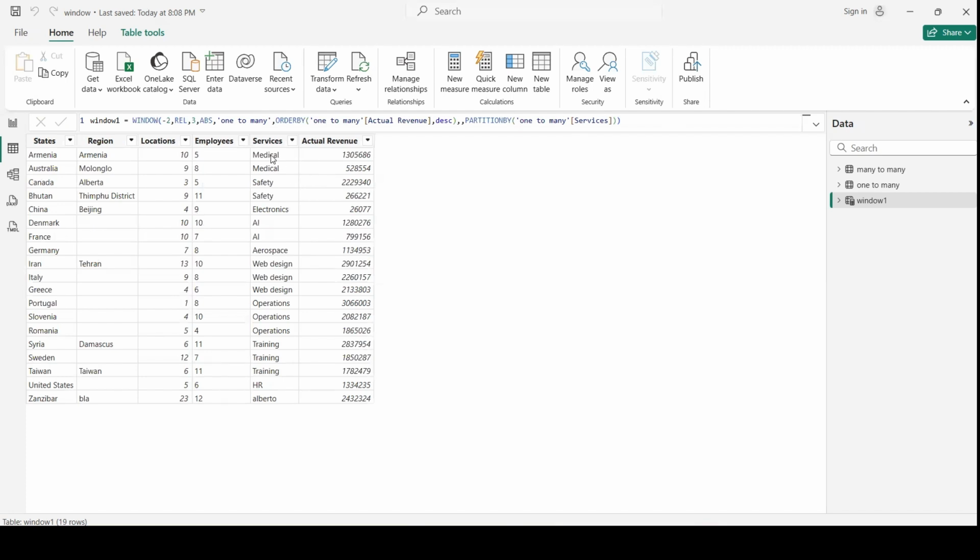Wherever we have 2 lines in a category or 1, it means that there are no more than 3 lines in the same category. Where it is 1, it means that there is only 1 line. So naturally we will get only 1 or 2 lines. But what is very important is having data in a descending order, arranged like top 3 highest performers. Notice that in web design and operations and training, I have more than 3 lines in my initial table.